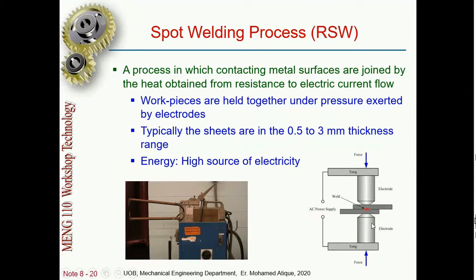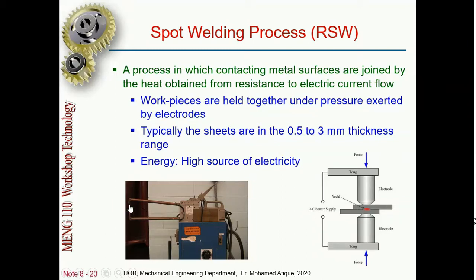Here the thickness should be 0.5 to 3 mm, not more than that. For more than 3 mm we can use a mechanical method, but if it is 0.5 to 3 mm we can use this process. So the sheets are held between the two electrodes, the pressure is applied, and then the electrodes are connected to the power supply.